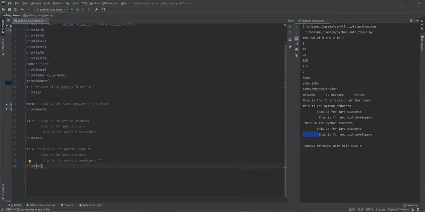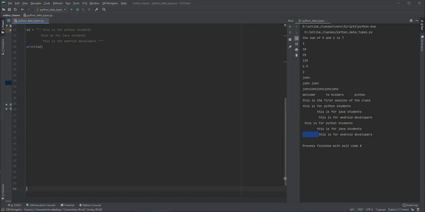Now coming to the declaration part of the variables. As I've told you, you can declare a variable like this and name it 10 or 20 or something like this. This is one way. But suppose I'm storing a name of a person, let me say John.